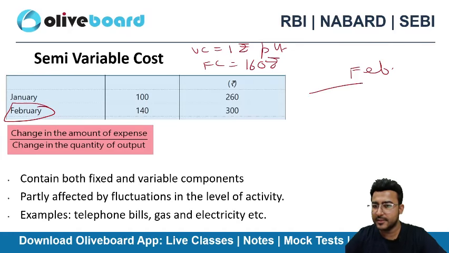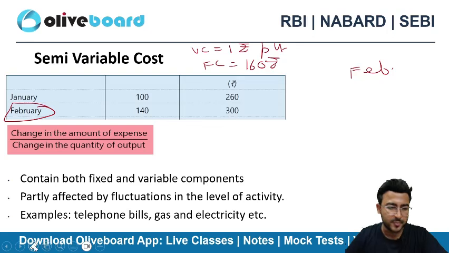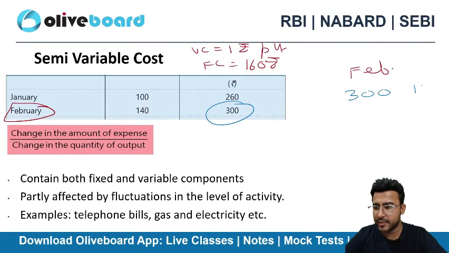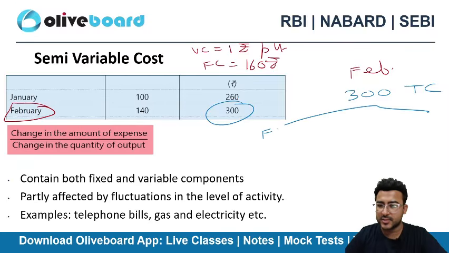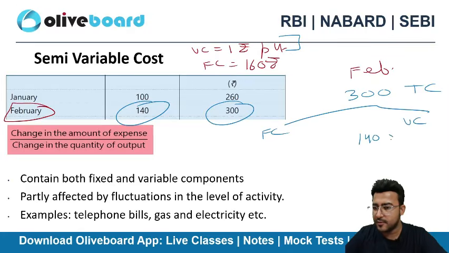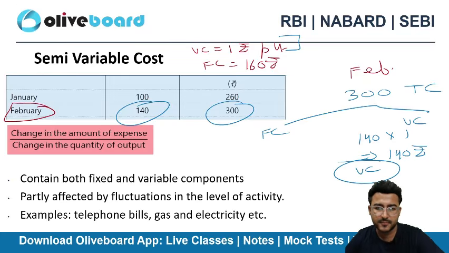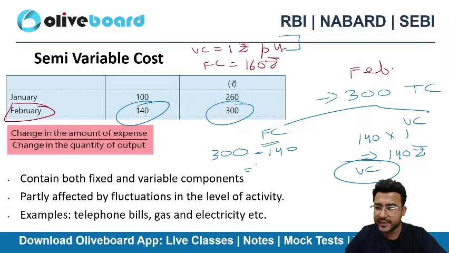In February month, my total cost was 300 rupees. This is the total cost. It has both fixed cost as well as variable cost. I know my variable cost is 1 rupee per unit. 140 units I have produced, 1 rupee each was the cost. So 140 rupees was the total variable cost. Now I know my total cost, which is 300 here, minus my variable cost 140,